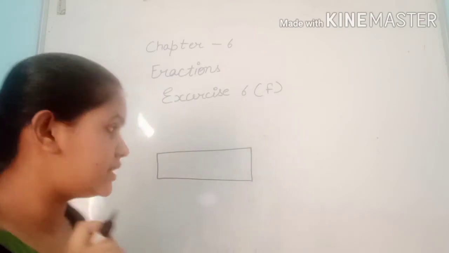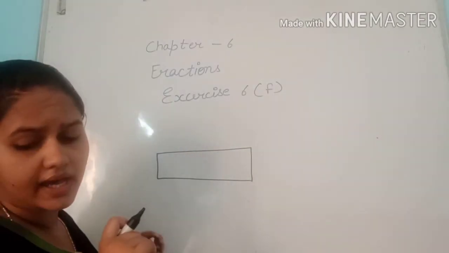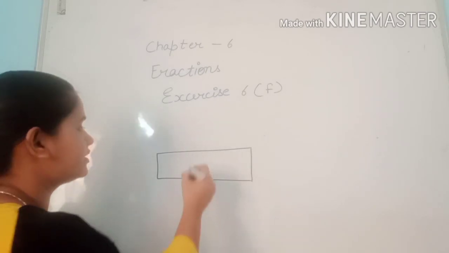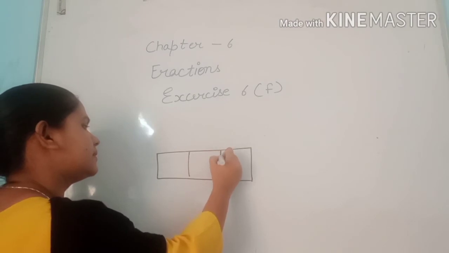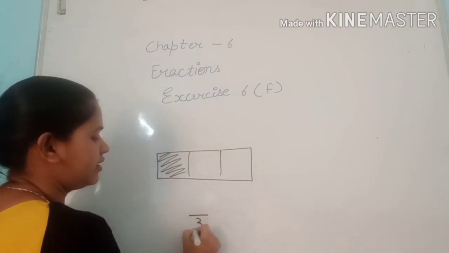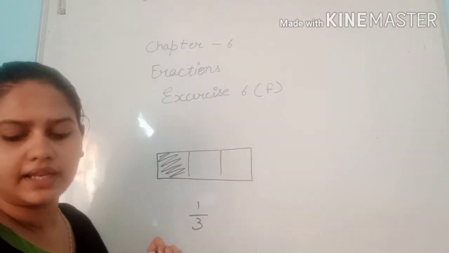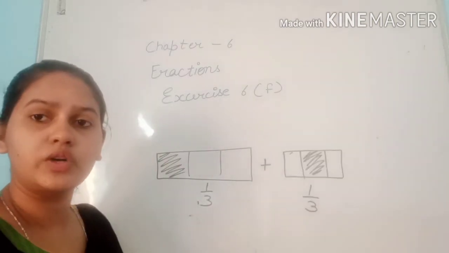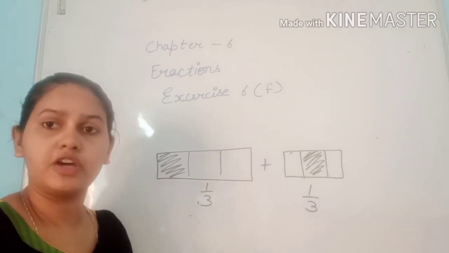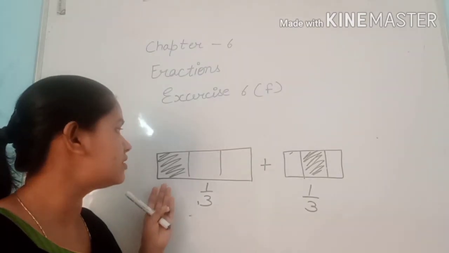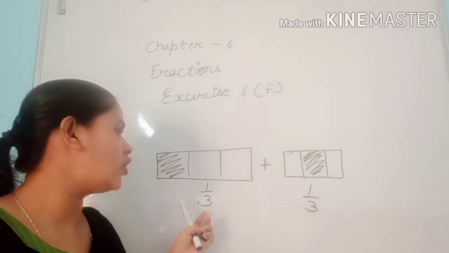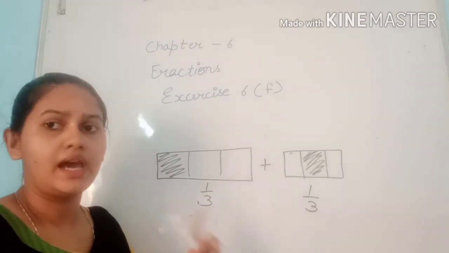Okay students, you can do that if we have a box, right? So 1 is shaded. So the 3 is in total and 1 is here, right? The next one is, students, you can see our example of addition like fractions, where we have a box with 3 parts and 1 part is shaded. You can see how we will read it, 1 by 3 and 1 by 3, and now we have